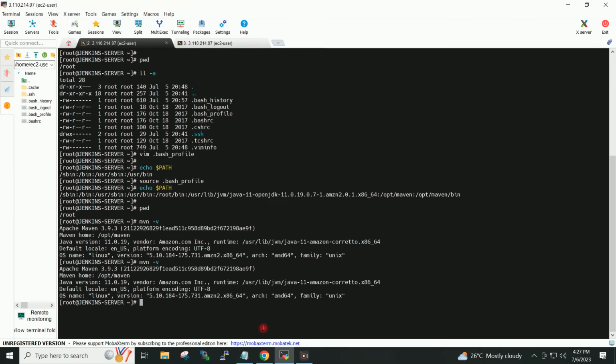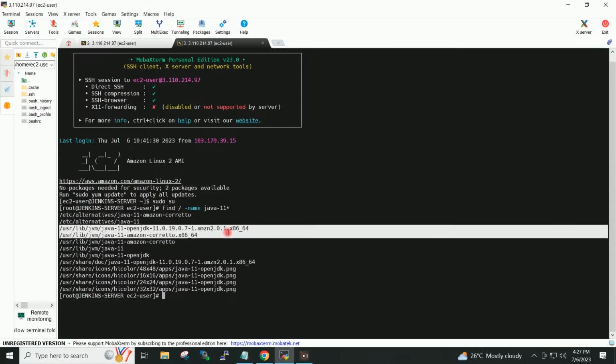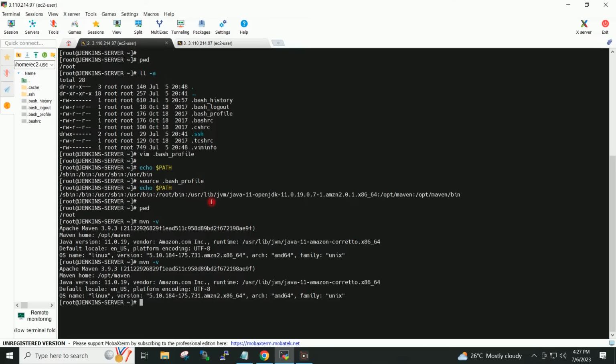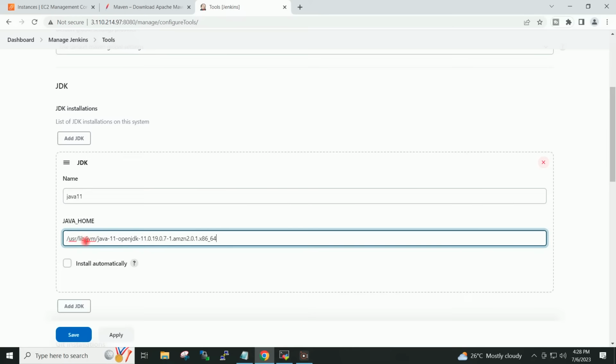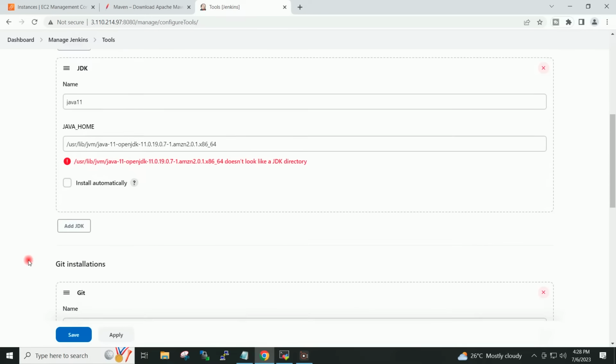So this is the home path for the Java, /usr/lib/jvm/java. This is the actual path, and same we have given in the .bash_profile also. So I will give here the path. Ignore this message,